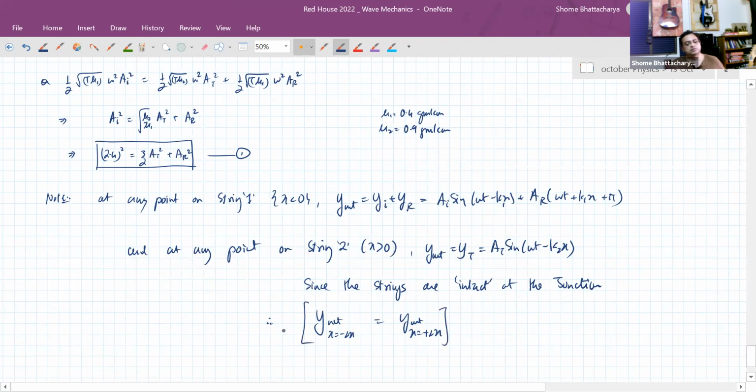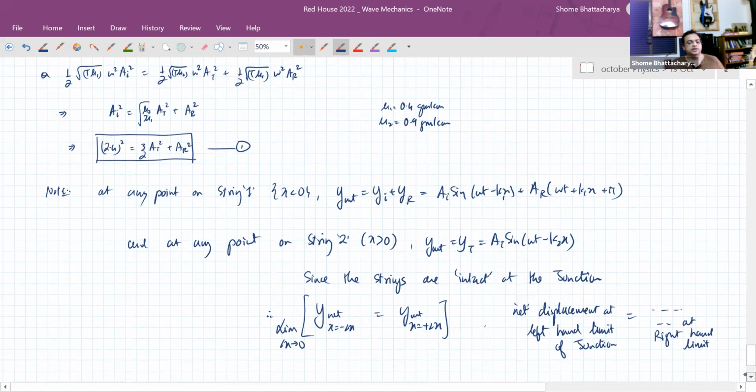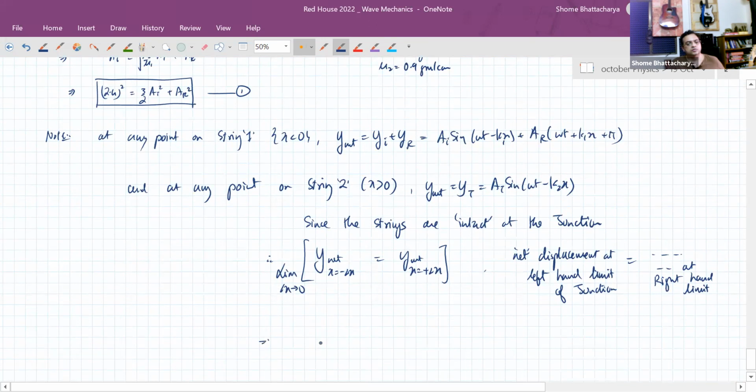For the limit that delta x tends to 0, the net displacement at the left hand limit of the junction should be equal to the net displacement at the right hand limit. Okay. So from that you will see that we have this equation that